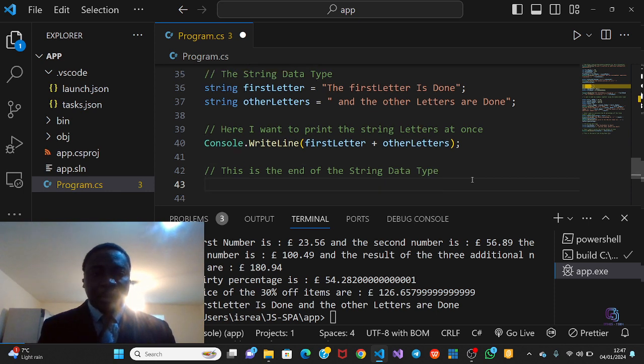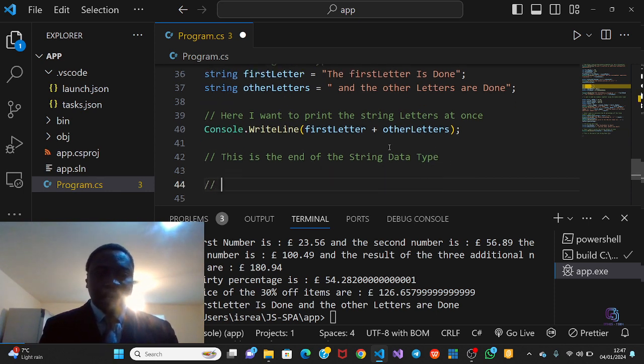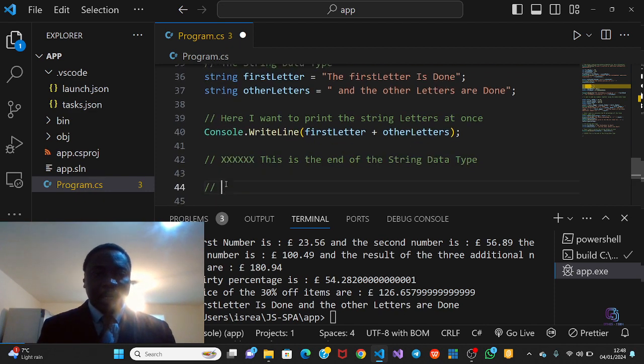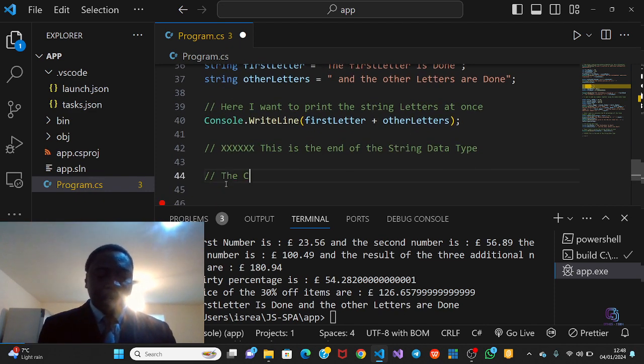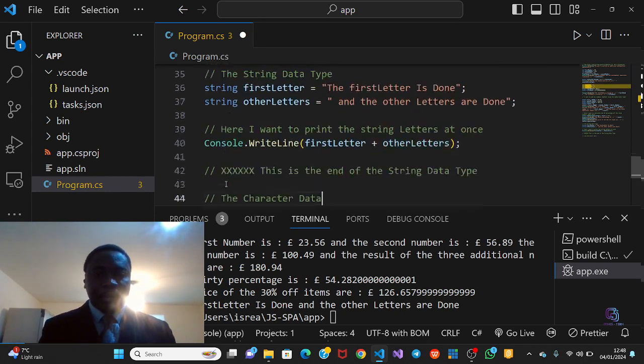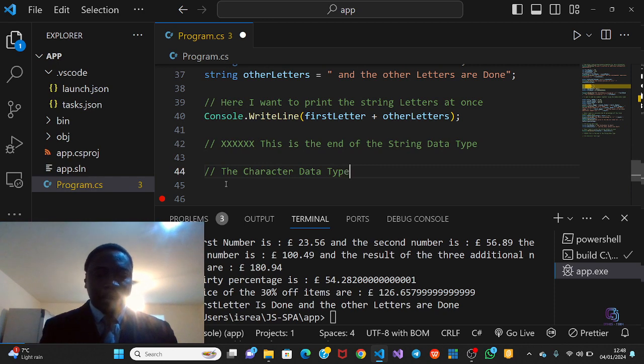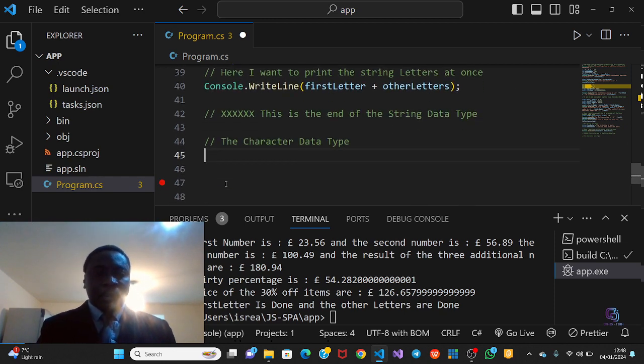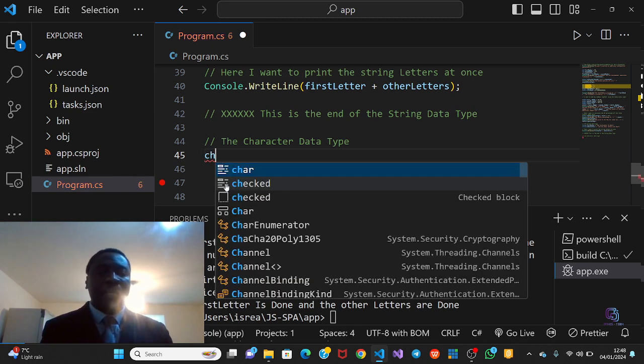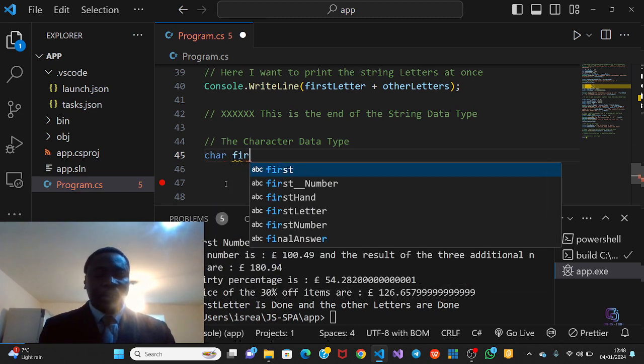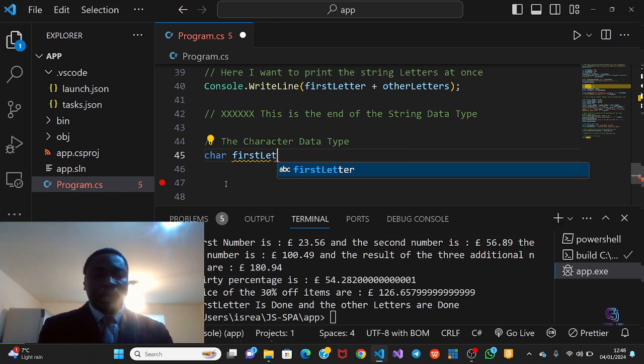So the next thing I'm going to explain is the character data type. You see? Okay, how do you define a character? Making use of the word char. Char first letter